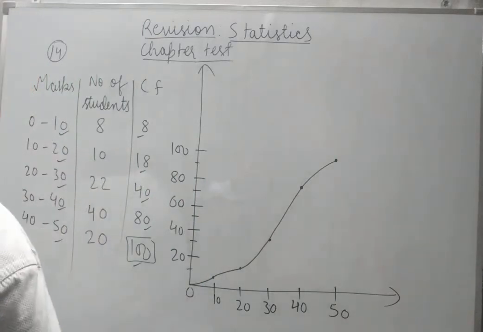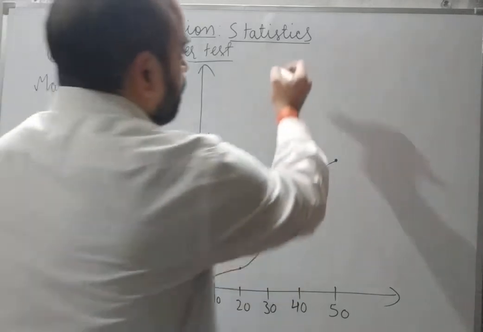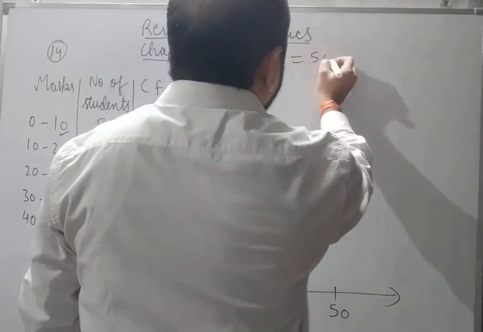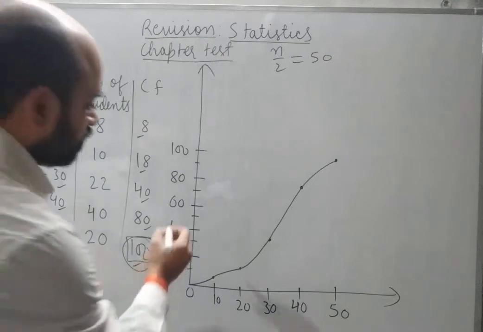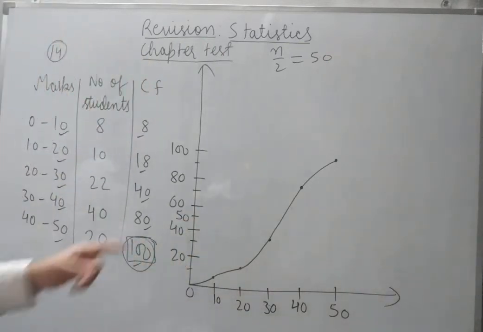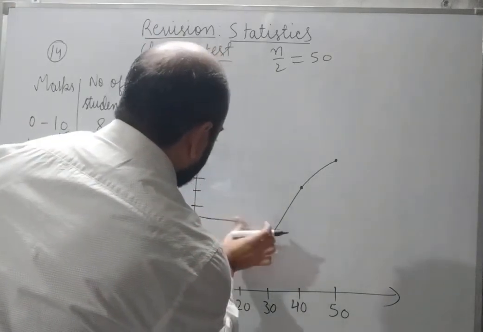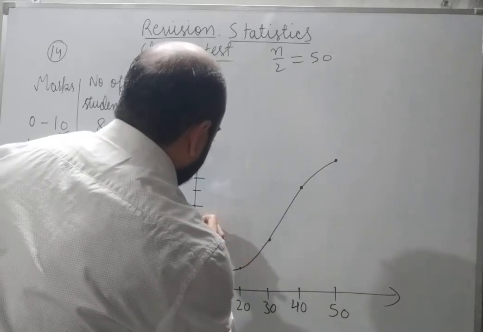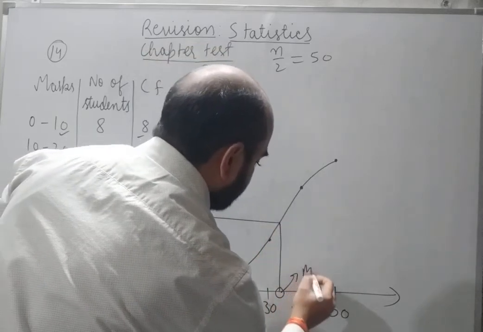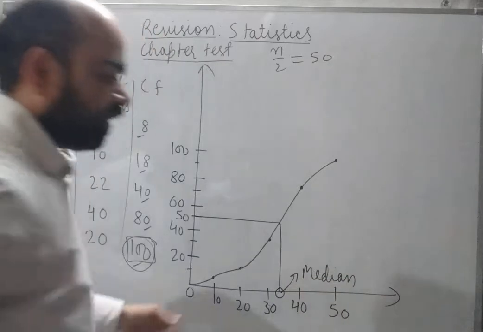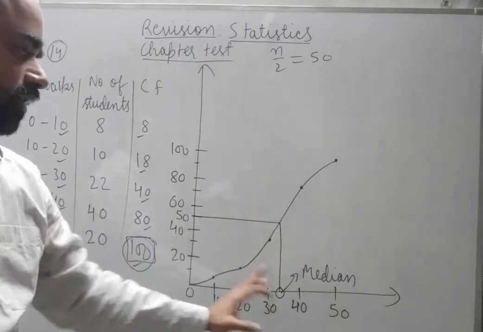After that the question is, first thing we have to find median. For median we have to find n by 2. N by 2 means 50, correct? Total value of n is 100, it means n by 2 is 50. So 50 will be on which axis? Y axis. So this is 50. The method is, from 50 we will draw a horizontal line and then a vertical line. This will give median. Correct? I am telling the procedure. You can check the answer. This is median: n by 2, from this horizontal line, then vertical line.